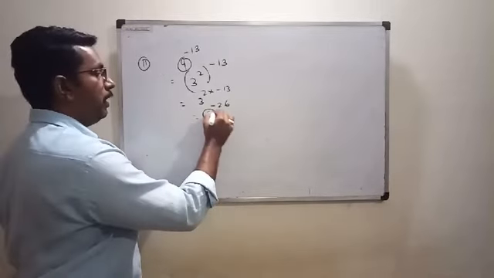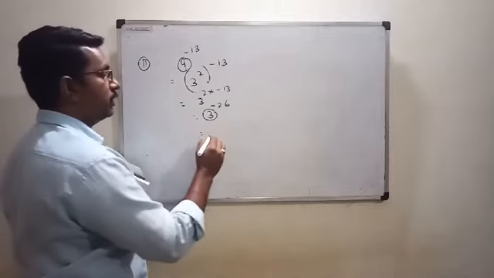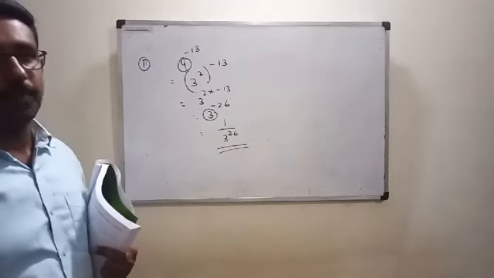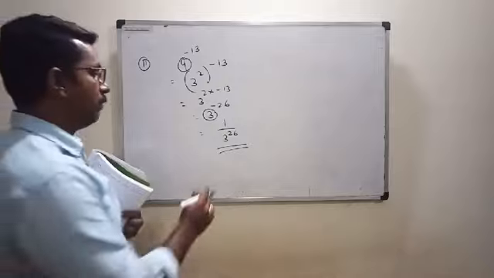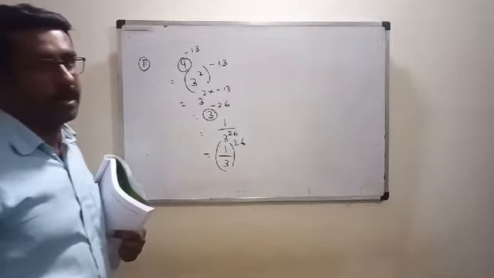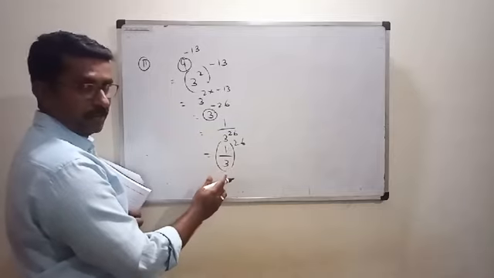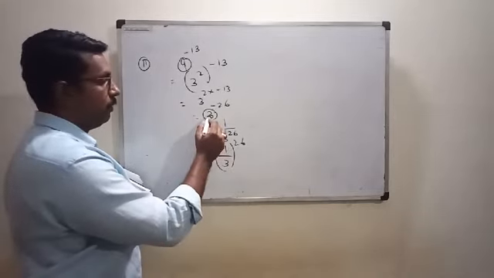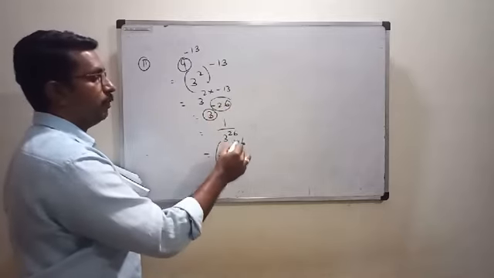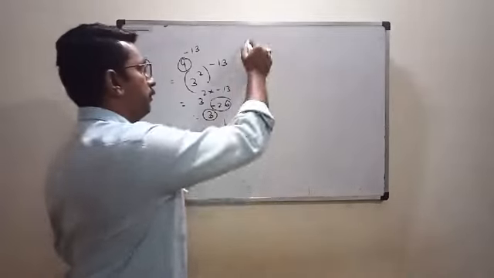Okay, so we made the base 3 and next we have to make it a positive exponent. 3 to the power minus 26 is nothing but 1 upon 3 to the power 26. This is the answer. 1 upon 3 to the power 26, or it can be written as (1/3) whole power 26. Both are same only. Okay. But here you see the base we get is 1 by 3. We don't get 3. That question is having some problem. When you convert 3 to the power minus 26 to a positive exponent, you don't get the base 3. The base will be 1 by 3 only. Keep it in your mind. Okay.